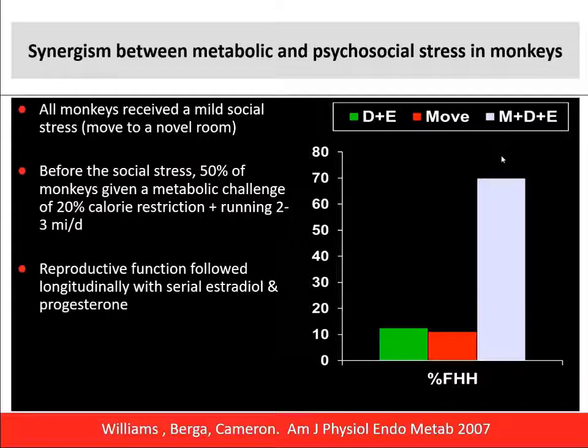So we did something like this with monkeys, and the chronic stressors that we made for them to experience were a small reduction in calories and an increase in exercise. The monkeys were asked to run 2 to 3 miles a day on a treadmill, which they seemed to enjoy, and we gave them a 20% calorie restriction. The other stressor that